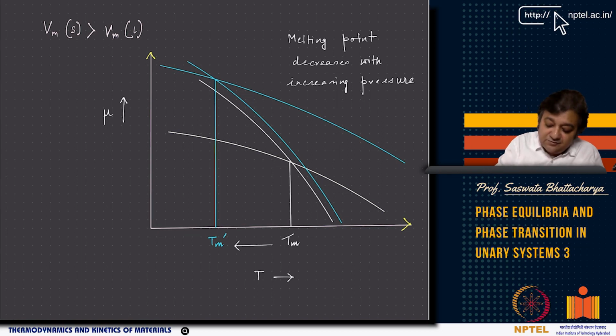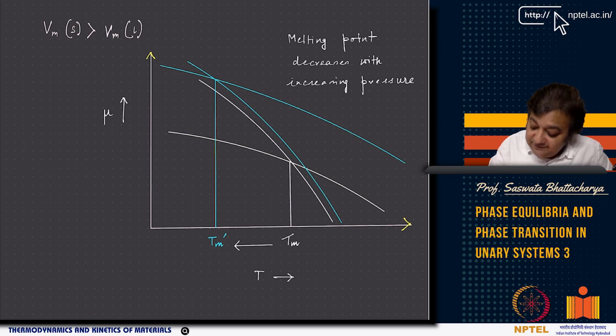Carefully have a look at it and see this very interesting phenomenon. See here, this mu is again the molar free energy or the chemical potential that is plotted along the y-axis against temperature. Now if you see here, the molar volume of solid, or volume per mole of solid, is greater than that of liquid. As a result, say for example this is my original curve, the original solid molar free energy. But now because the molar volume of solid is much higher than that of the liquid,